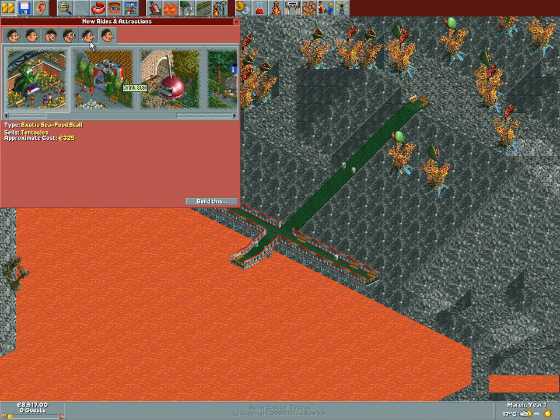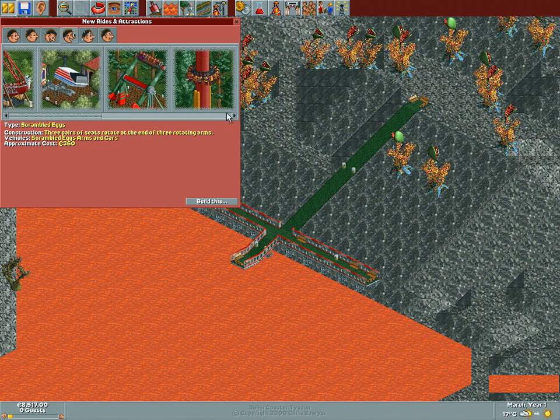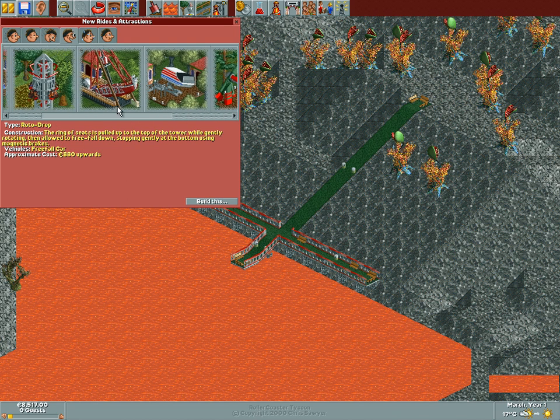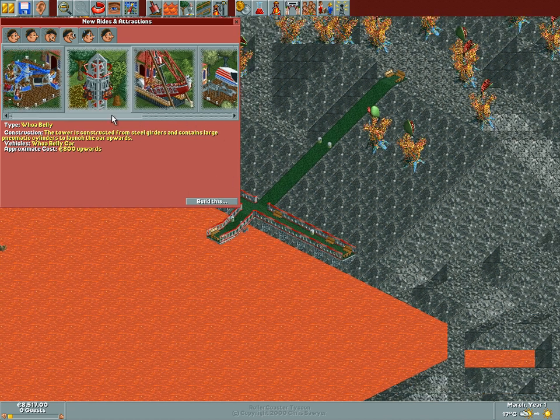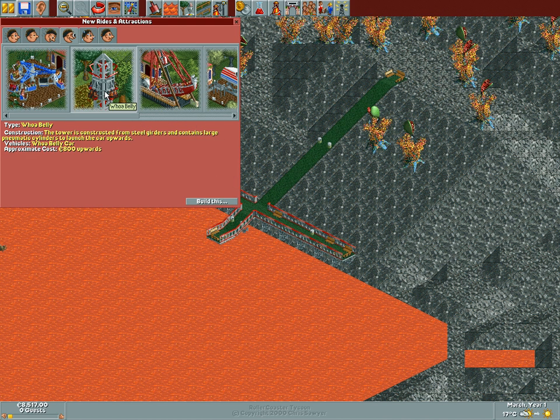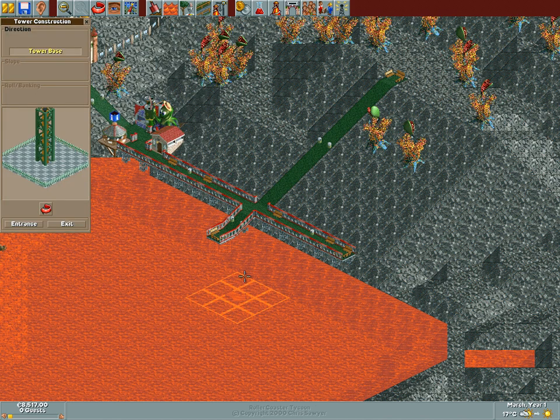So, knowing that that is what we want, I mean, both these and these are just amazing. However, this is cheaper due to the fact that you don't need to build it that high. So let's do this one. And let's build it on top of the water. And I guess if we build it here, then...